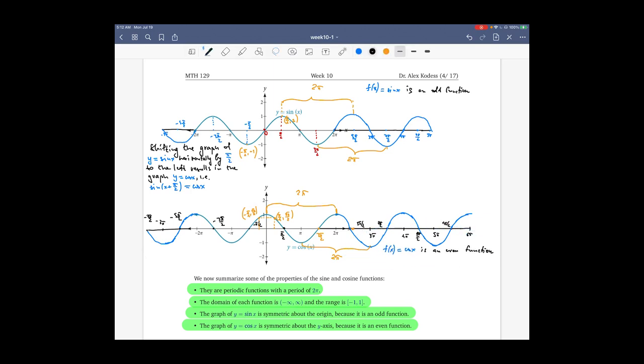So shifting the graph of cosine x horizontally by pi over 2 to the right results in the graph of sine x,